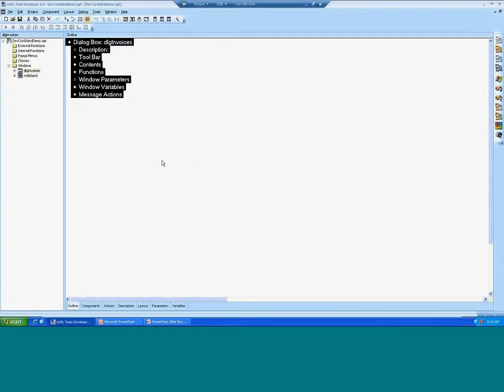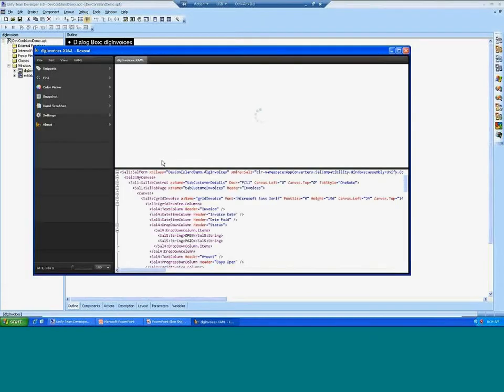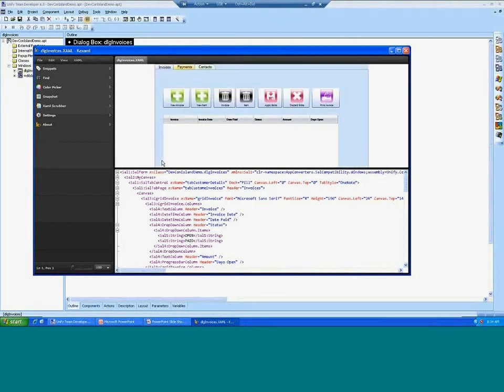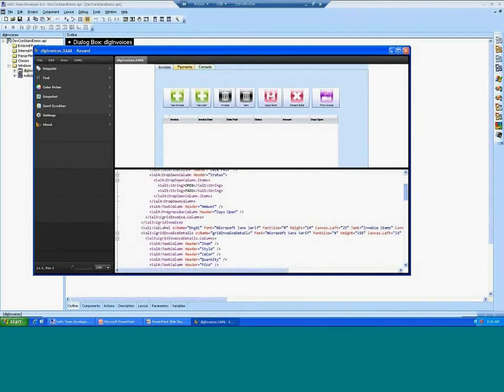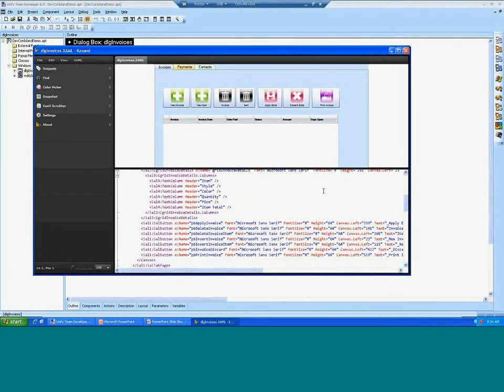So at this moment, TD6.0 is opening the XAML editor, and as you can see, it has a top and a bottom part. The top one shows the layout of my form, and the bottom is where I can edit the XAML code to make the changes and apply the changes that I want. So here, for instance, I want to do a simple change. I'll go ahead, I'll scroll down to my push button, insert invoice, and I'm going